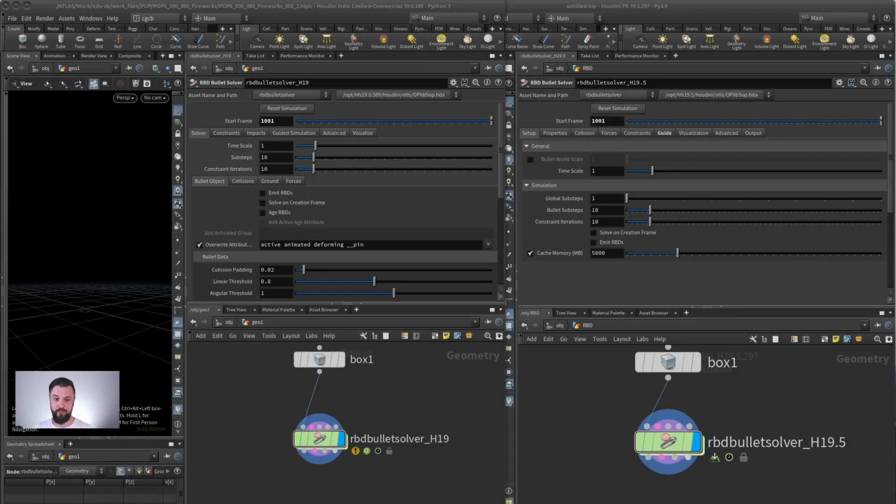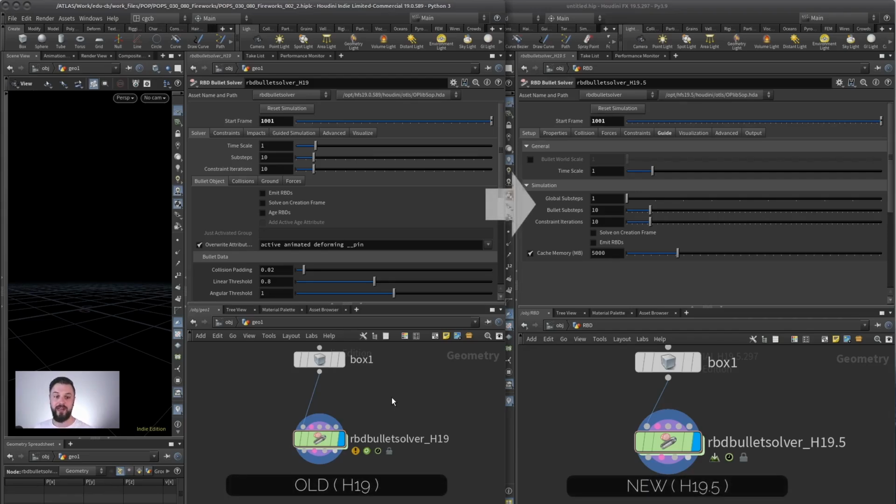So Houdini 19.5 is here, and it comes with a couple of new things. And of course, as usual, certain things do change. And one of those things is the interface of the RBD bullet solver. Now, the underlying concept that I teach in the course have not changed, but what has changed is the order of the parameters in the node. Side effects reshuffled and repositioned a couple of parameters, and that was a good choice because now it actually makes